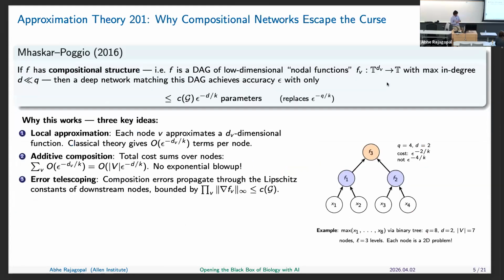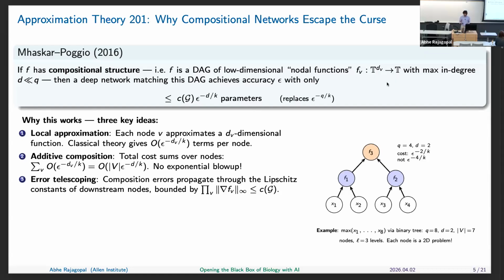Well, maybe 10 years ago now, Mhaskar and Poggio proved that if you have the real compositional structure of the function that you're trying to approximate, what they proved is that if that compositional structure is deep, in the form of a deep architecture, in the sense of multiple layers and functions feeding into each other, then you can escape the curse of dimensionality.